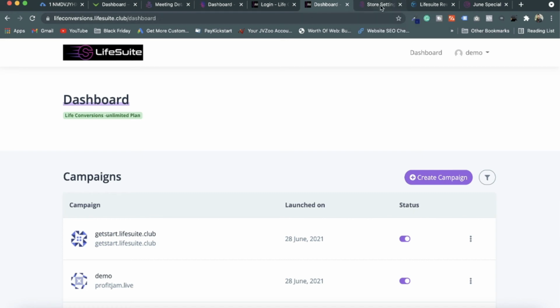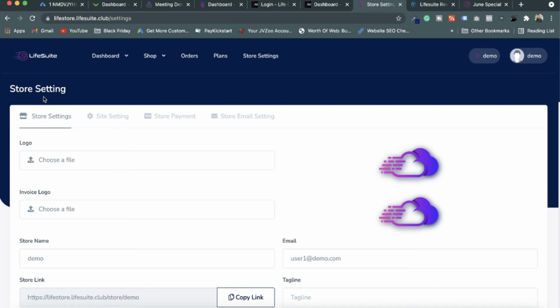So the final module is here, LiveSuite store builder. This is the module which you can compare with the Shopify store. If you have any e-commerce brand, or you want to launch your e-commerce website, do drop shipping, or launch your local store online, then you can use it very easily.